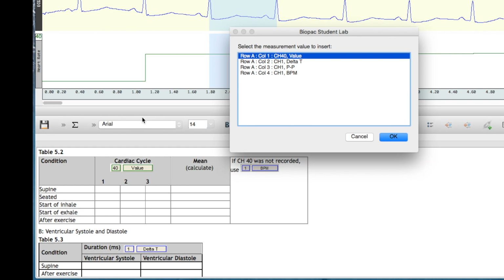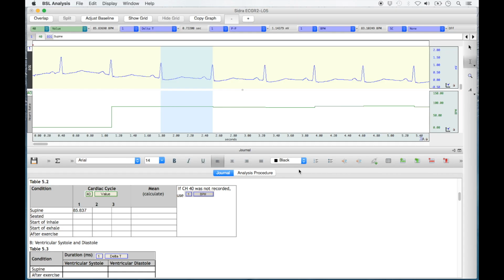A BIOPAC student lab window will then open asking what measurement to insert. Select the measurement indicated at the top of the table. For Table 5.2, you will always select Channel 40 value from the list. Note that this choice will change for other tables in the journal. The heart rate for the cardiac cycle highlighted will then appear in the first column of the supine row in